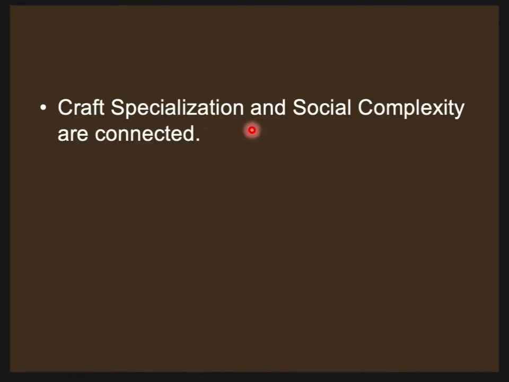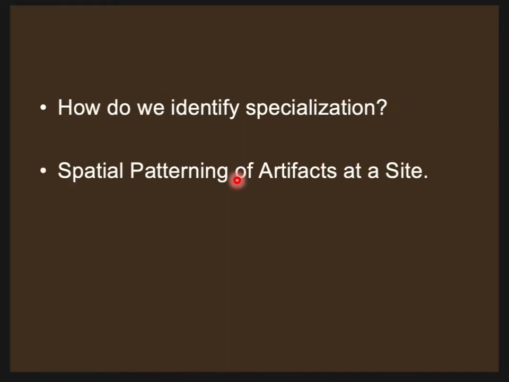Now, craft specialization, like you saw, consists of people who make their living through their craft. They don't, let's say, work in the fields and grow wheat or corn or anything like that. They might produce something like those shell gorgets. You saw mano and metate makers, though they were part-time specialists, so they weren't full-time specialists. So there's degrees, and there's different types, independent and attached specialists, as we're going to see.